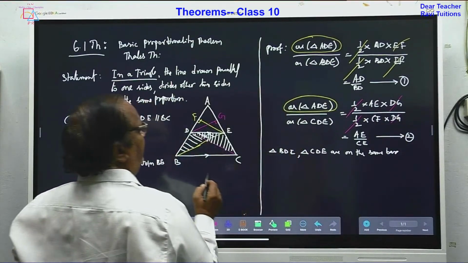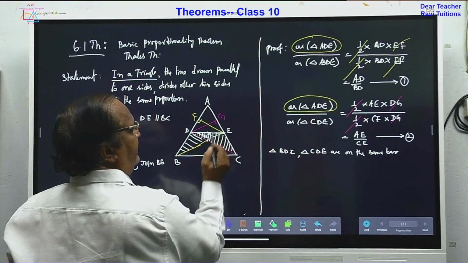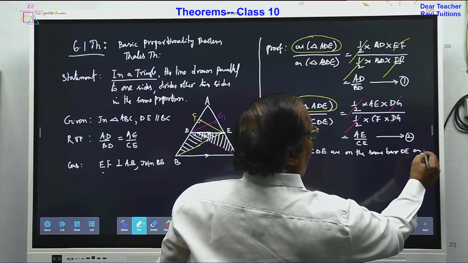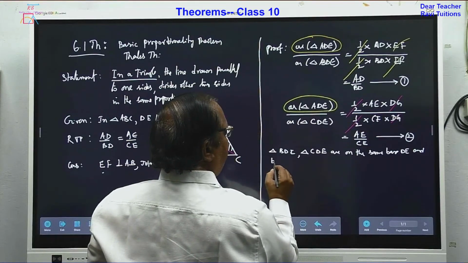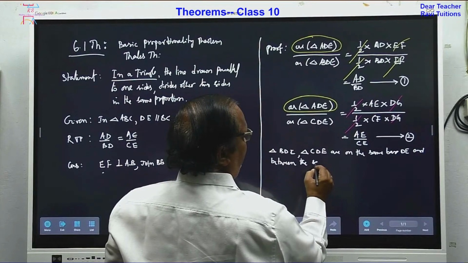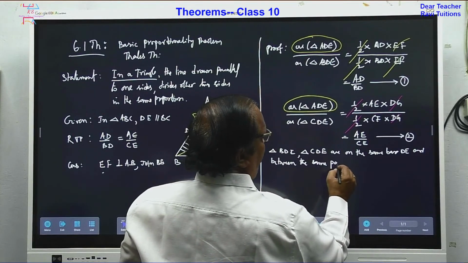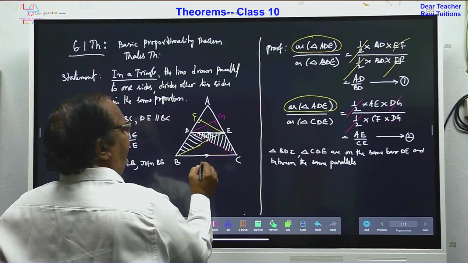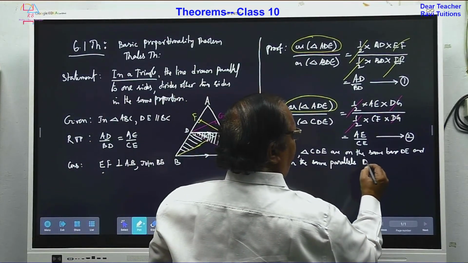Both are on the same base DE, and between the same parallels, DE and BC, because DE and BC are parallel,